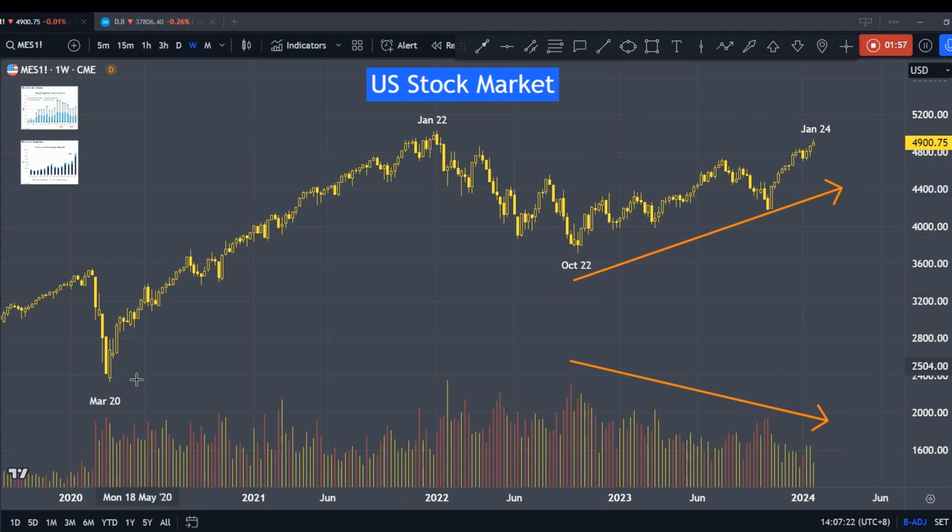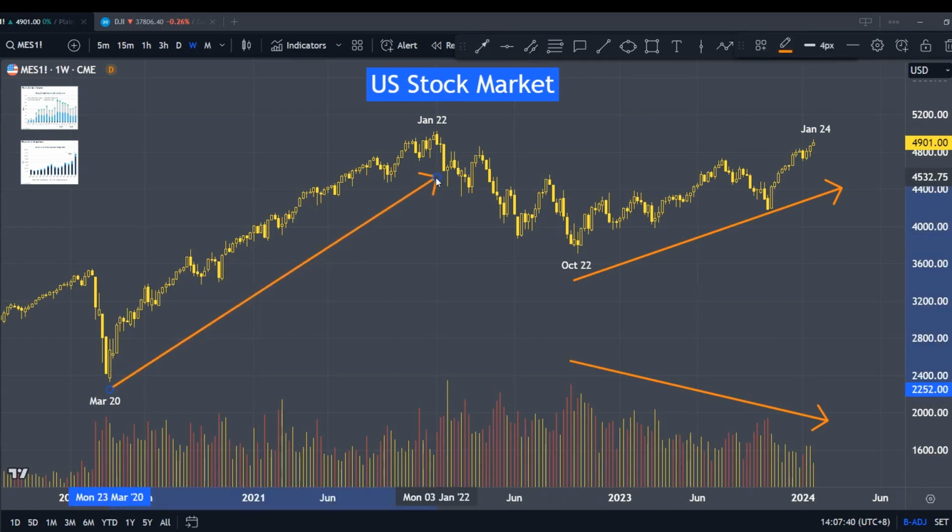Let's recap what happened after March 2020. And of course, this was the pandemic, and the Congress and the Fed came in with really good stimulus, and that caused the market to rally for more than 1 year, coming to about 2 years. And I would classify this as the market rally.